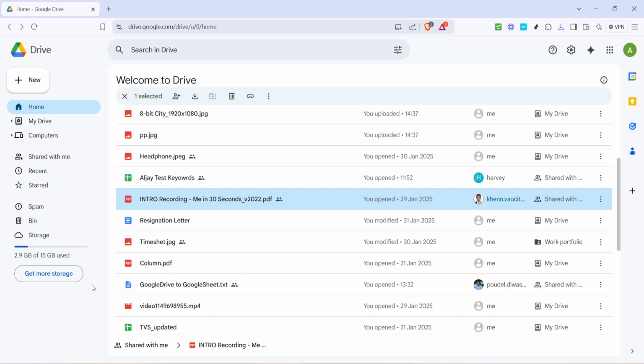With the link copied, you're ready to add it to your resume. Open your resume file, which is ideally prepared in a format like Word or PDF. Find a spot where this link would fit naturally, perhaps under a section showcasing your projects or work samples. You can paste the link directly or hyperlink it to text that references the file.